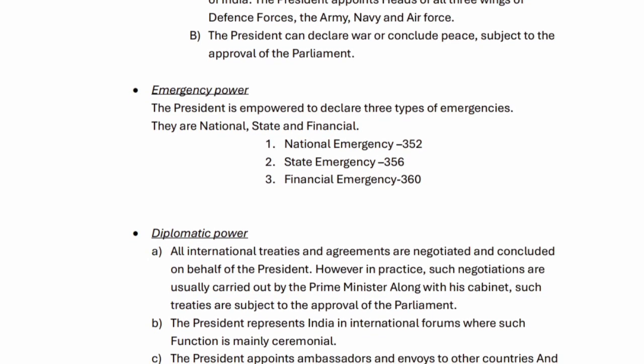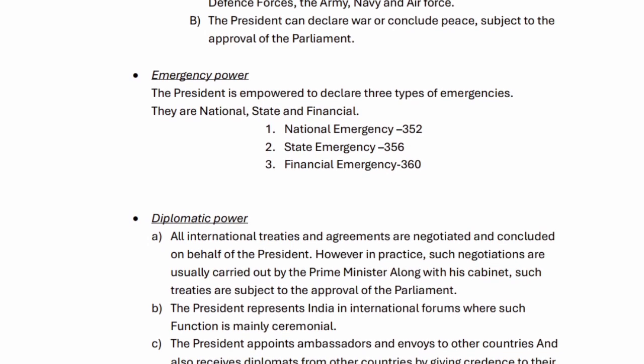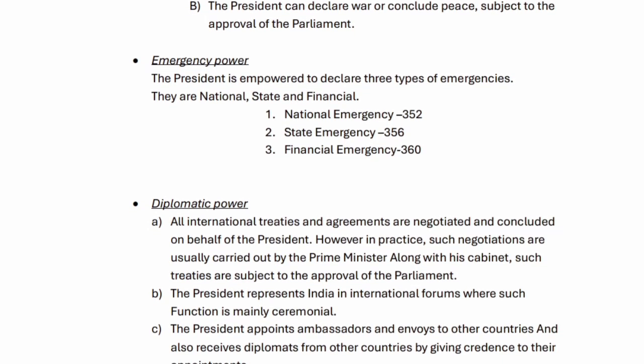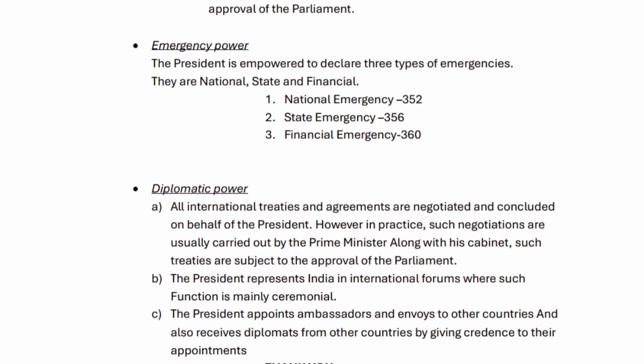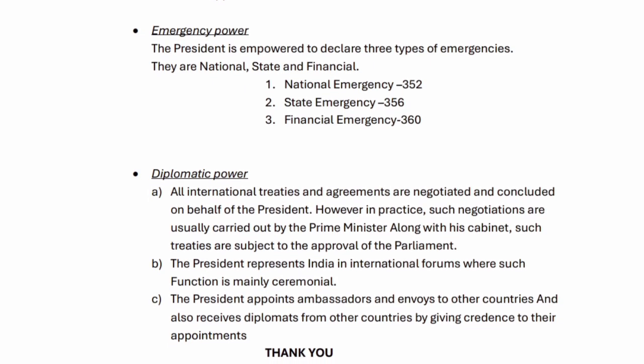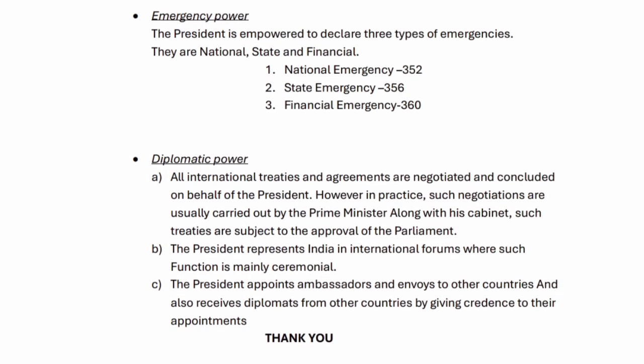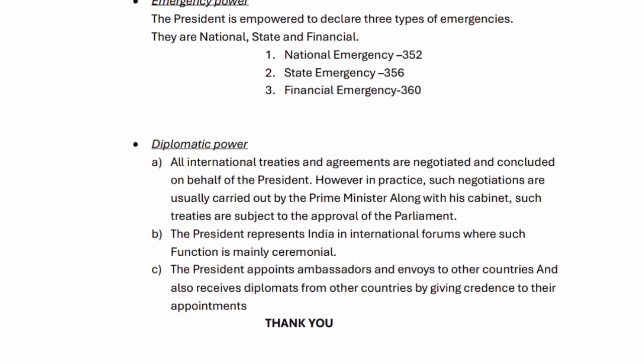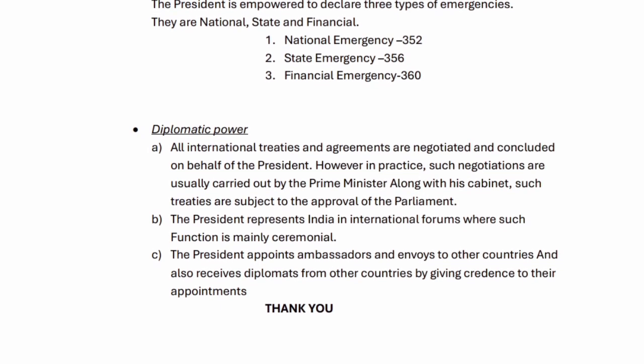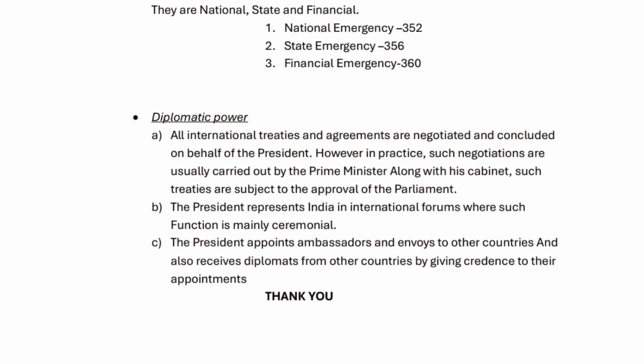Diplomatic power. A. All international treaties and agreements are negotiated and concluded on behalf of the President. However, in practice, such negotiations are usually carried out by the Prime Minister along with his cabinet. Such treaties are subject to the approval of the Parliament. B. The President represents India in international forums where such function is mainly ceremonial. C. The President appoints ambassadors and envoys to other countries and also receives diplomats from other countries by giving credence